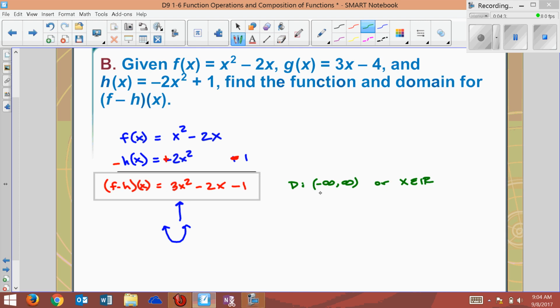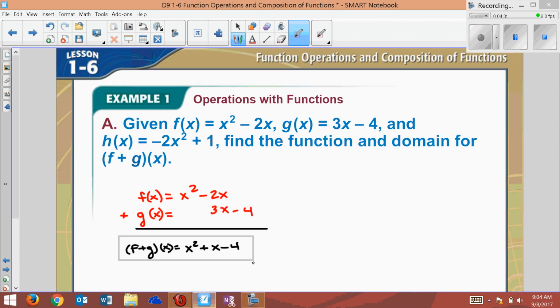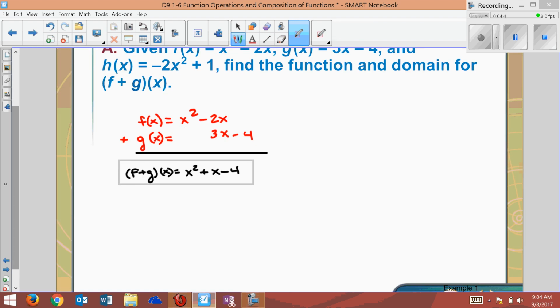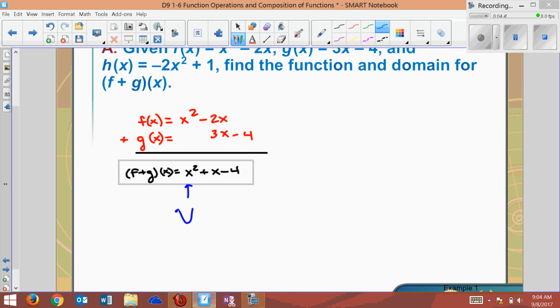Now let's go back to the previous problem, and we will do domain for that part A. Its domain, again, same thing. This is a parabola, and it's upward facing. So its domain would also be all reals. So from negative infinity to positive infinity, or,